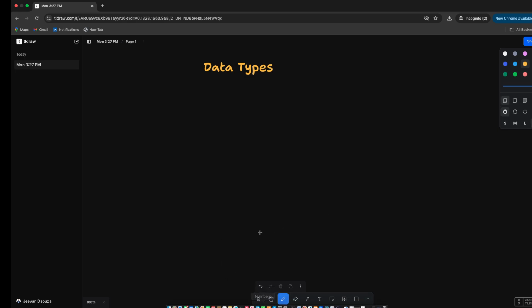So the first type of data is basically something called continuous data. Continuous data is data that can take any value in an interval. So it can be any value in an interval, for example,